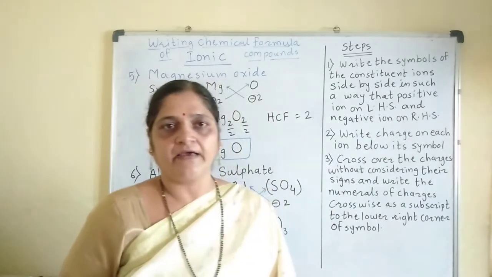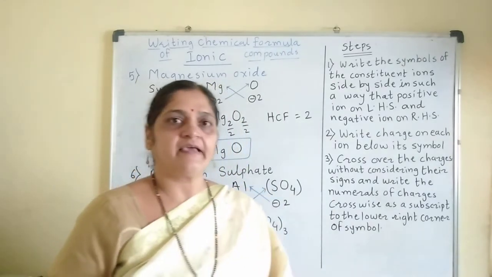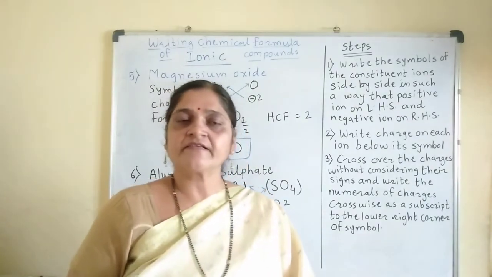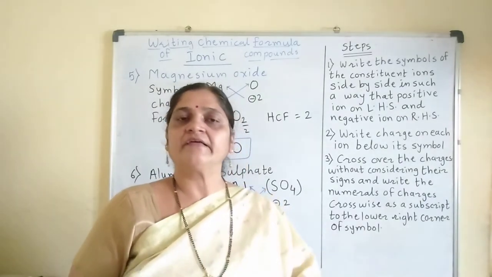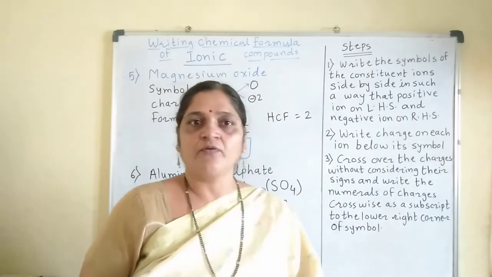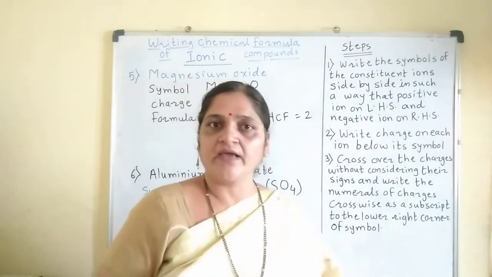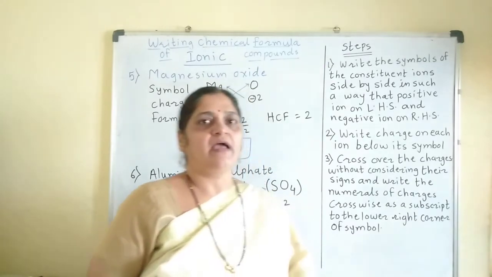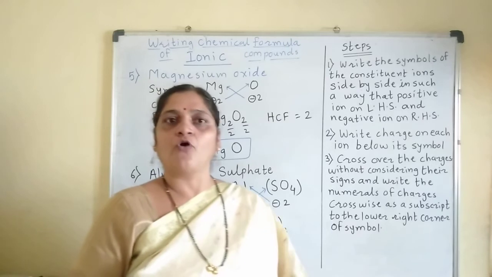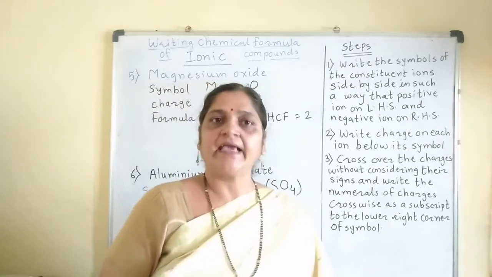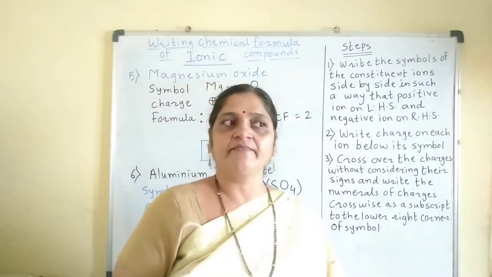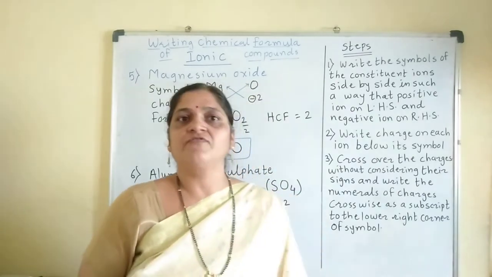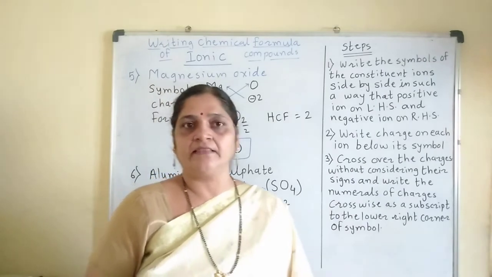Similarly, the sulfate anion, that is SO4. So a sulfur atom plus 4 oxygen atoms, combinedly carrying -2 charge. So this type of ions are known as polyatomic ions. These are also known as radicals. Now these polyatomic ions can also form ionic compounds. They can combine with positively charged metal ions and form compounds. So you will get a different variety of compounds which contain polyatomic ions.